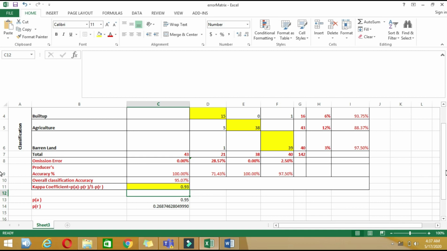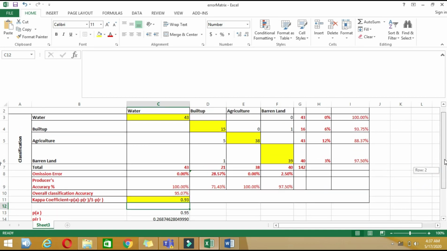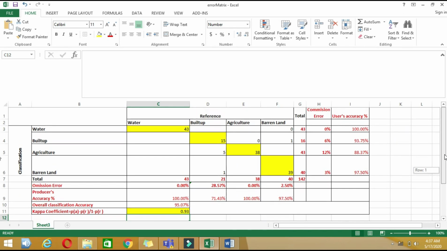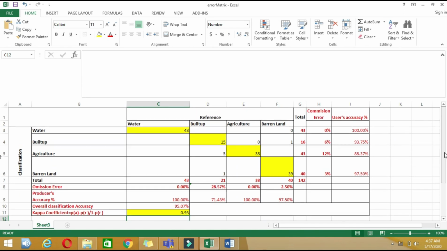And now we have calculated all of the statistics and completed our error matrix. Just to revise briefly, you have your classes: water, built up, agriculture. Then in rows you show your classified results from your classification, and in columns you show your reference sites by ground truthing.